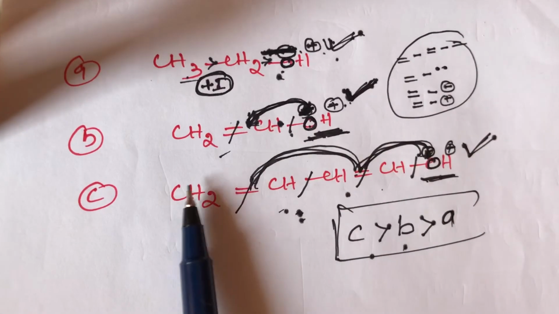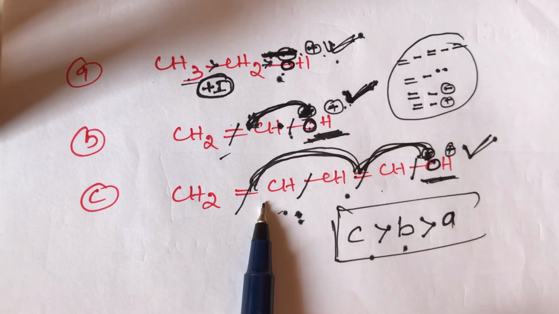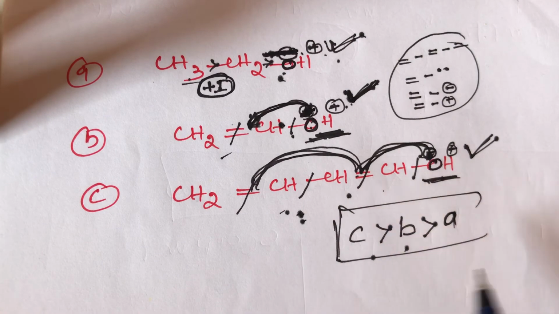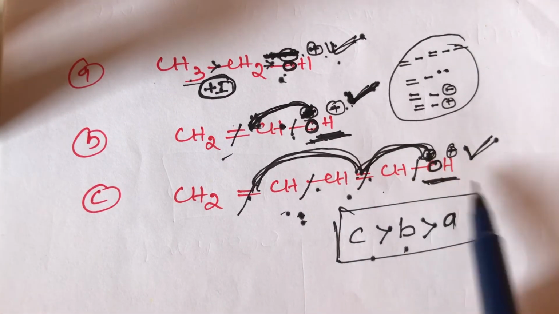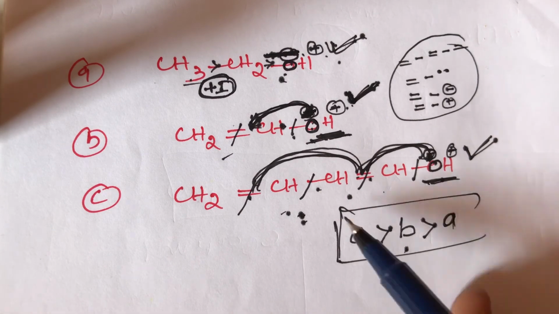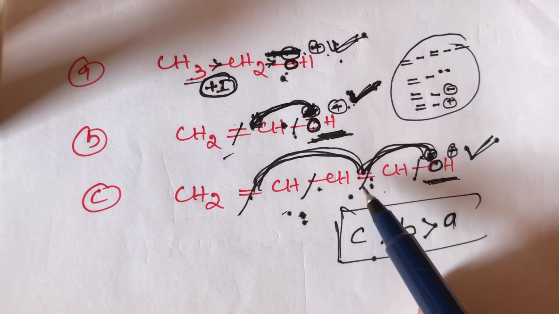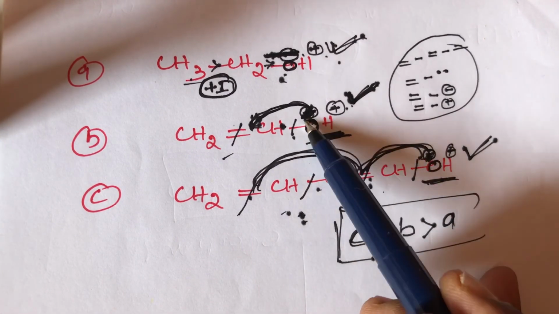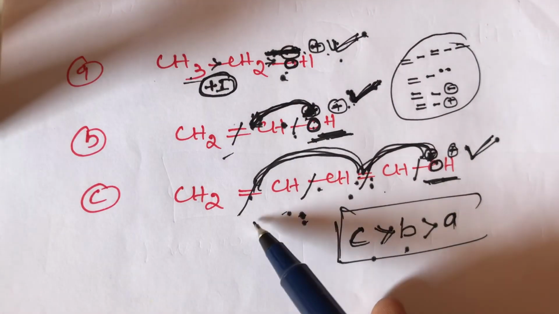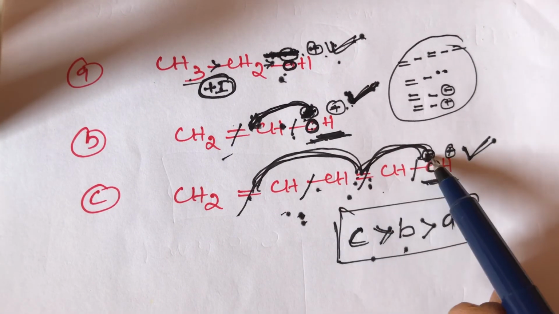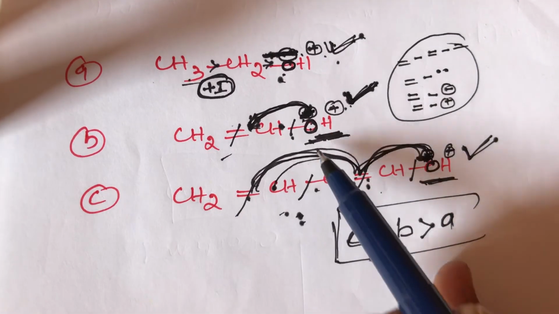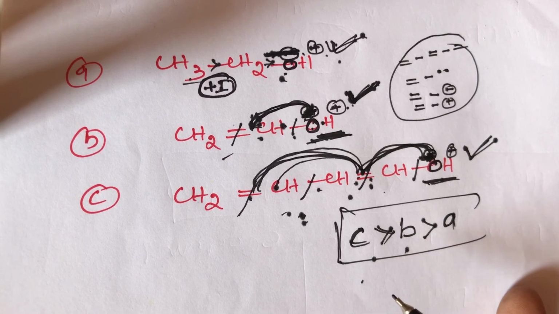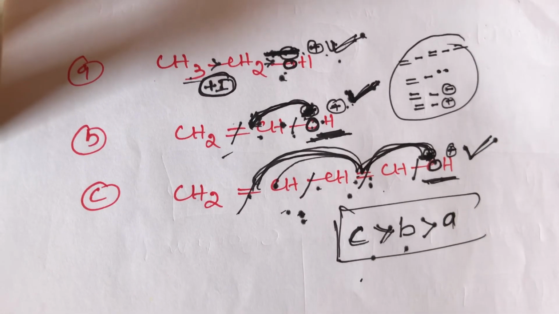The B compound has only one double bond, only one time conjugation, and the C compound has alternating double bonds. Compulsorily, the double bonds must alternate, not be continuous. Double bond, then single bond, then double bond, then single bond, that is called conjugation. So here two double bonds are there, that's why it is more acidic in nature. The C compound is more acidic than the B compound. That is the reason, student: in the C compound the negative charge participates two times, but in the B compound only one time. The compound with more double bonds is always more acidic in nature. This is a simple trick, student.